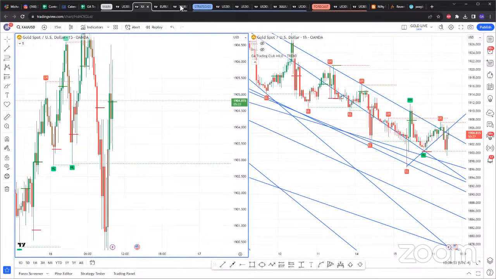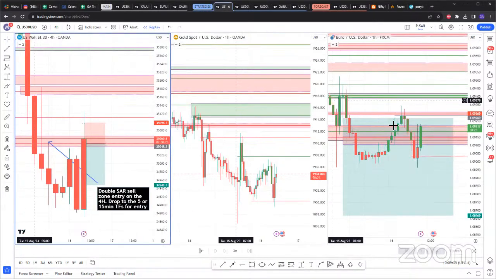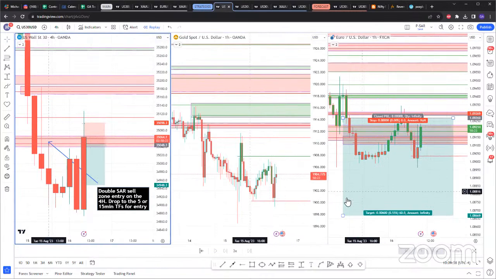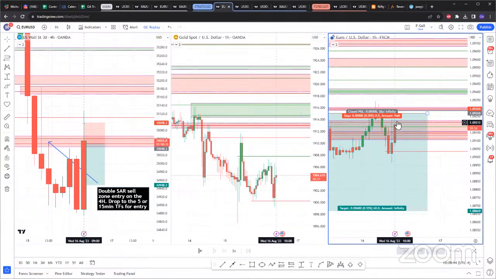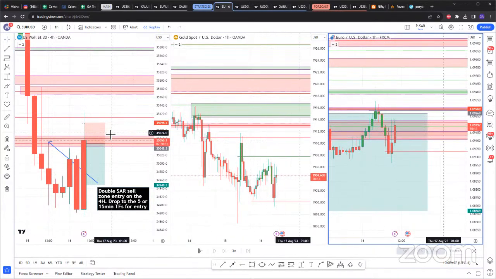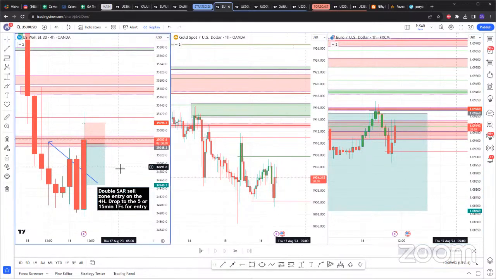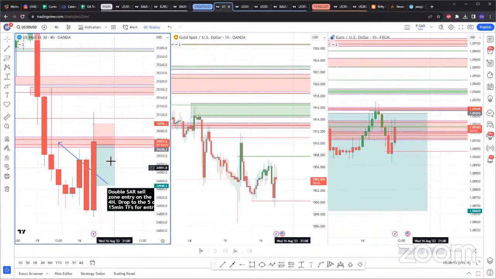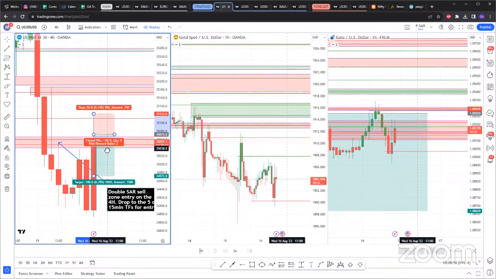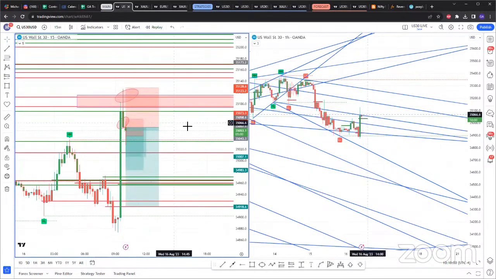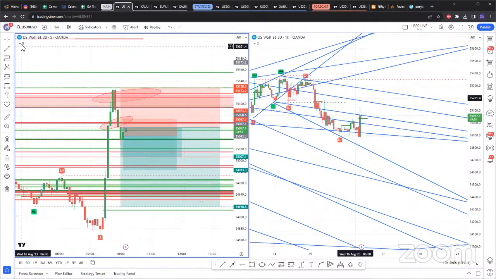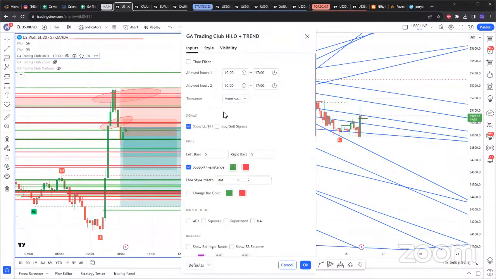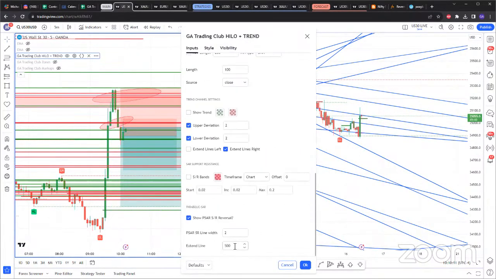EU, I'm not looking for anything on EU, ideally, because this is the trade that we were currently in, should be hitting break even or might hit break even if it doesn't hold this sell SAR. But for right now, I'll just hold off and keep riding this US 30 trade that we are in right now. So this is the trade on the hourly. I think we got in somewhere here, but let me go back to where we actually got in. So the one we got in is right there. I'll turn off these extensions for now, just to make the chart a little bit cleaner.